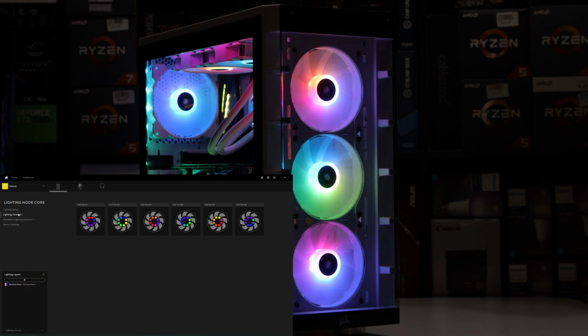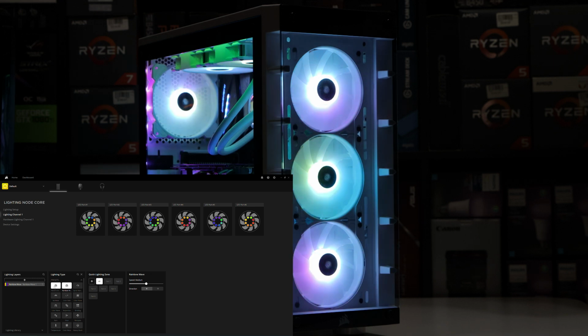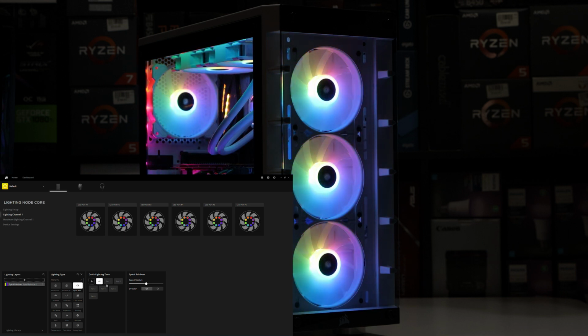Next, we're gonna go to lighting channels. Now, of course, this is where all the fun stuff with all different RGBs is. You have a breakdown and a visual effect here, which is cool, of the fans and whatnot. Now, we're just gonna stick to the custom profiles, the presets which they have. So, I mean, you have this preset, you have a bunch of presets. My one complaint, guys, WTF is the lighting adjustment. Now, they call it opacity. I don't know why the heck they call it opacity, and I get why it's opacity, but